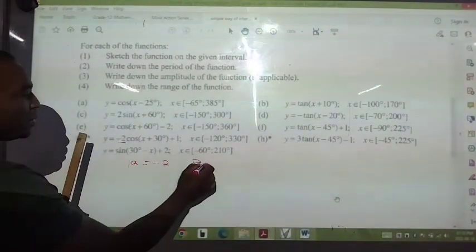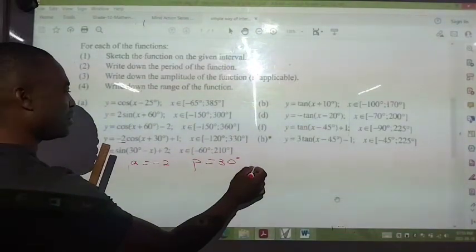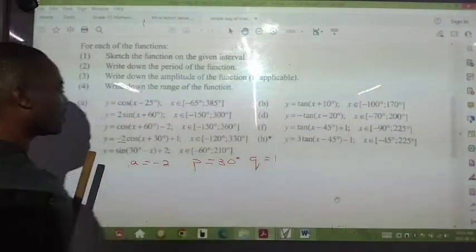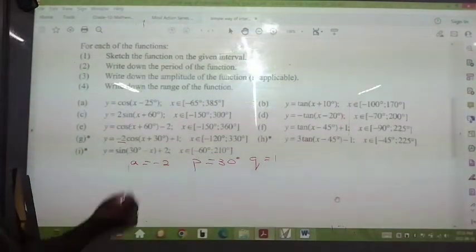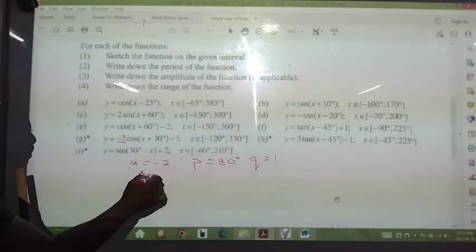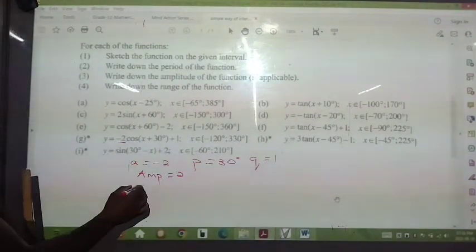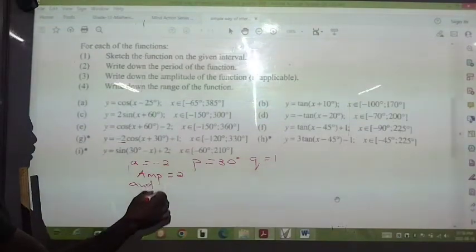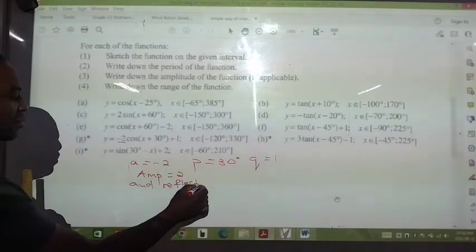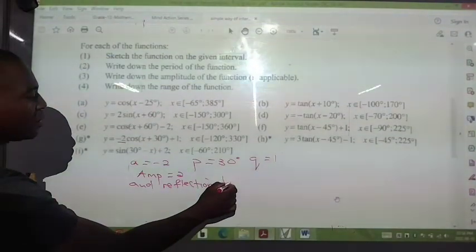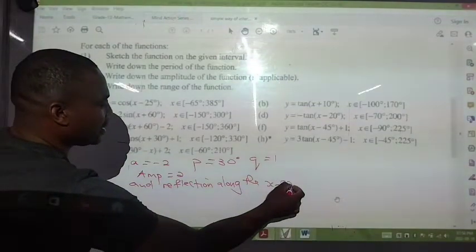We have P, which is 30. We have Q, which is equal to 1. So we are saying the A is telling us something about the amplitude, which is 2, and also is telling us about a reflection along the x-axis,